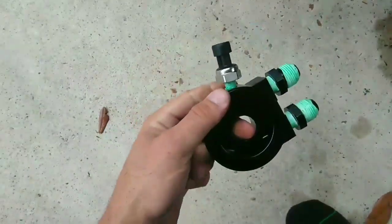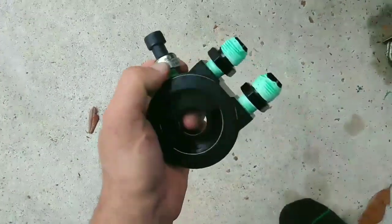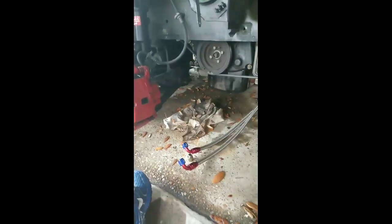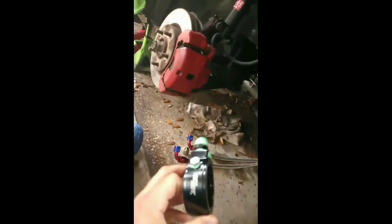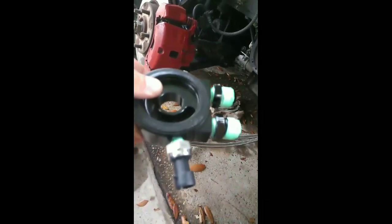And you tighten them down as much as you can. Just don't tighten too hard, otherwise you'll break it. Okay. So once you've got your sandwich plate all wrapped up with Teflon tape and tightened down pretty good,